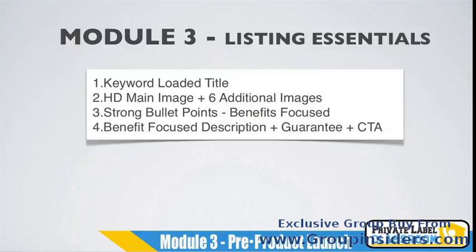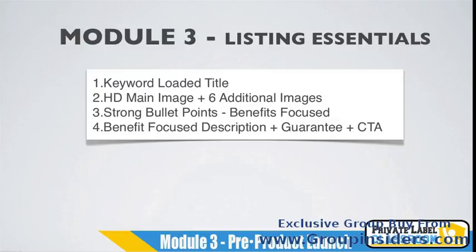All right, so that is going to wrap up this lesson, but let's just kind of go through this real quick again, the 4 different elements that make up a really, really good, well-optimized listing. And that is 1, a keyword-loaded title, okay, but not overloading it, okay? The different categories are going to have a certain amount of characters. Some will only allow you to have 50 to 60 characters. Some will let you have 110. Some will let you have 250. But you're going to want to definitely keep it short enough to where it's not obnoxious, where you're trying to stuff keywords in there, but also to where it gives the information about the product,